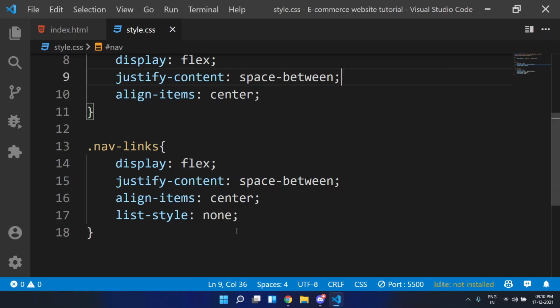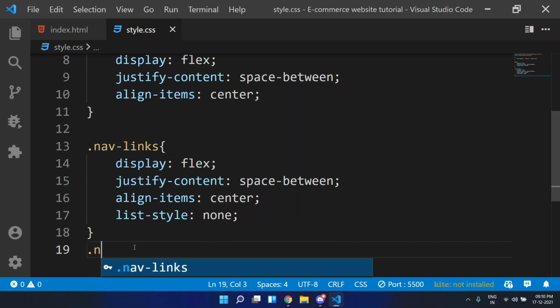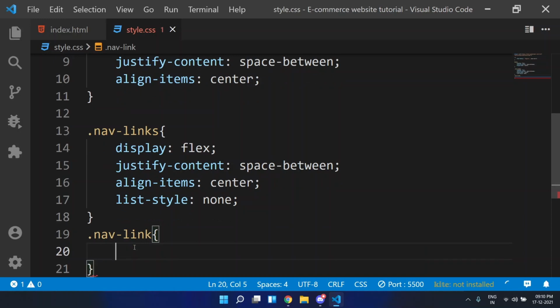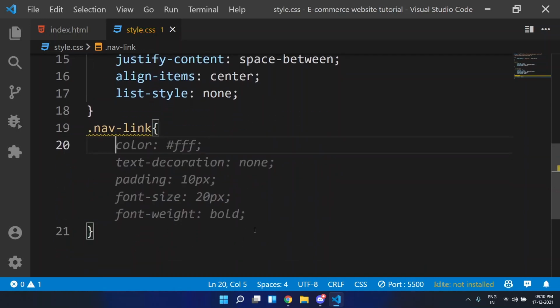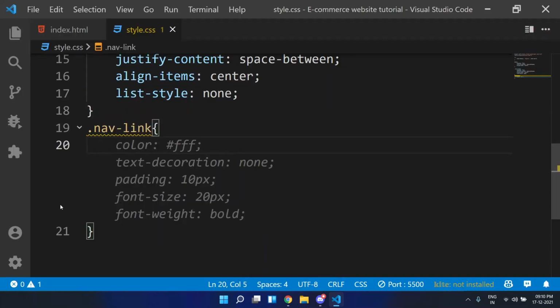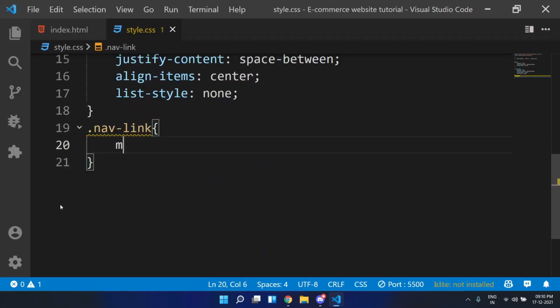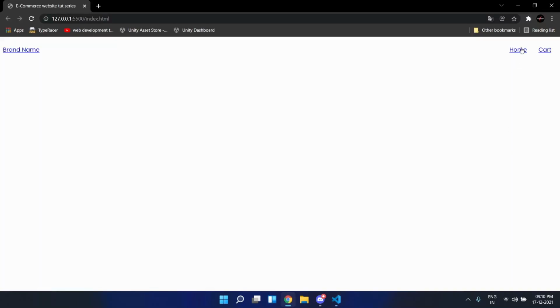First of all, we will target our nav-link now, and let's say something here. First of all, we will give some margin of something like 0.1rem, so that it makes some distance from its item,